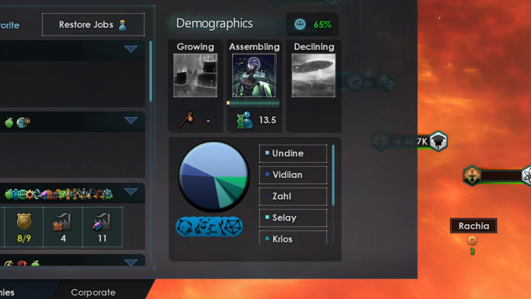This shows the average pop happiness on your planet in percentage. Below this and above the pie chart shows you the various ways that your pops are changing. The first square is growing. Most pops in the game are created over time by naturally growing and reproducing. You can see how quickly or how slowly this is going by looking at the number below, next to the